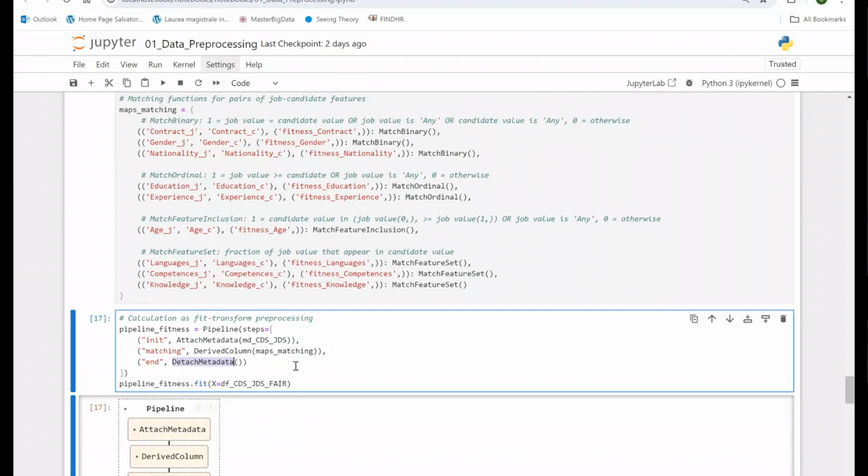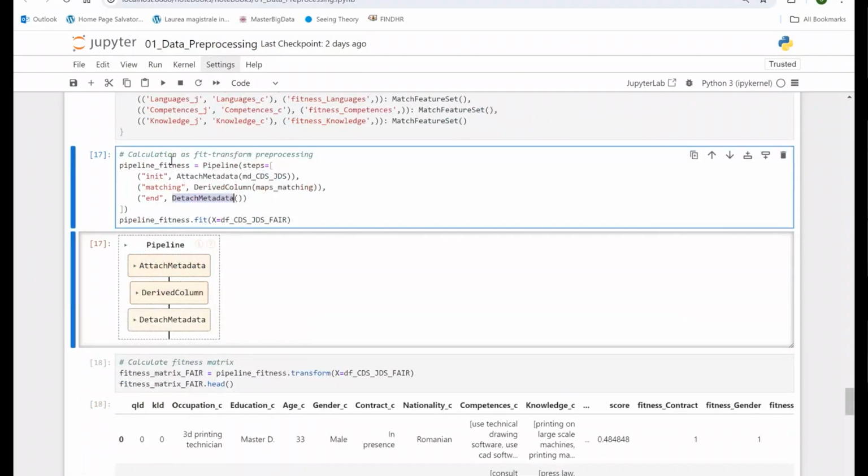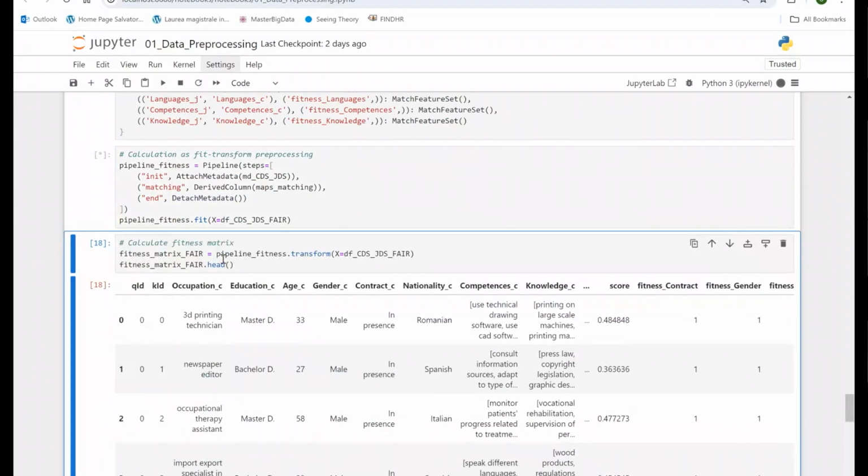Why do we have this metadata? Let me repeat, they are not strictly necessary. It is a new feature offered by the FINDHR API in order to facilitate the implementation of these functions. And we will also go back to it tomorrow when we speak about explainability. Through the metadata, we can better reason on what happens during these transformations. In the end, we get a pipeline like